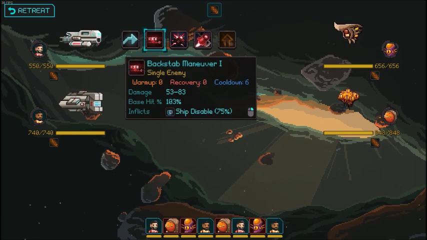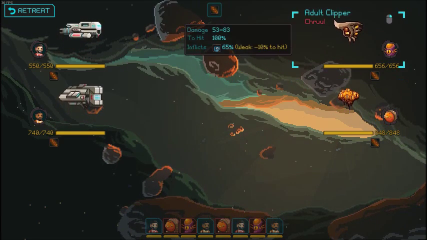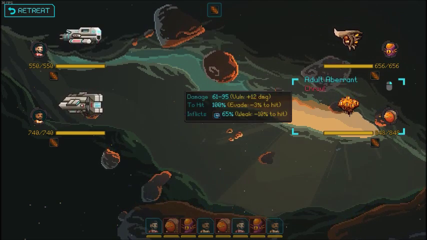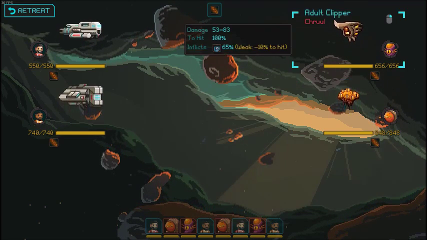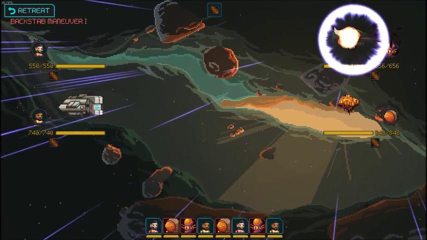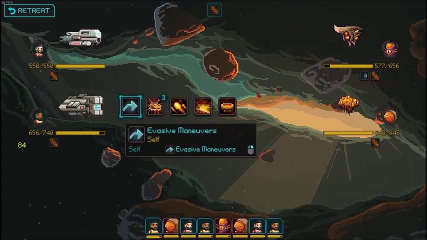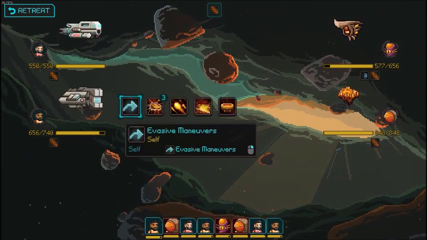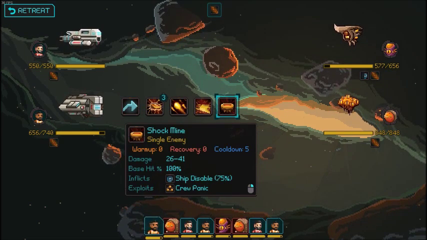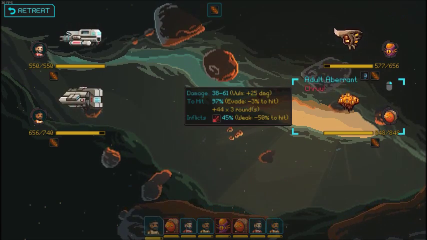So, this little ability inflicts ship disable, which, in the recent updates, the crew are now mostly all resistant to it. So, I'll just use it on this guy. And it works because they only have a 10% resistance, bringing its chance of happening down to 65%, I'm pretty sure. Anyways, they happen to be vulnerable to...